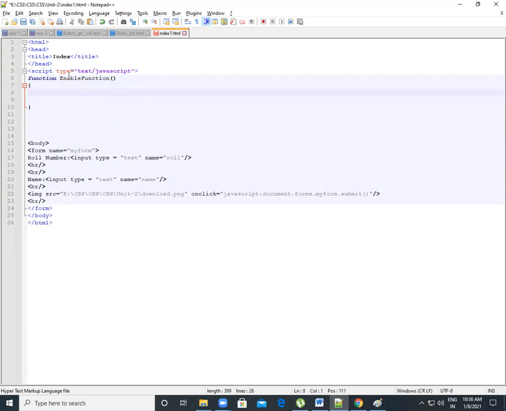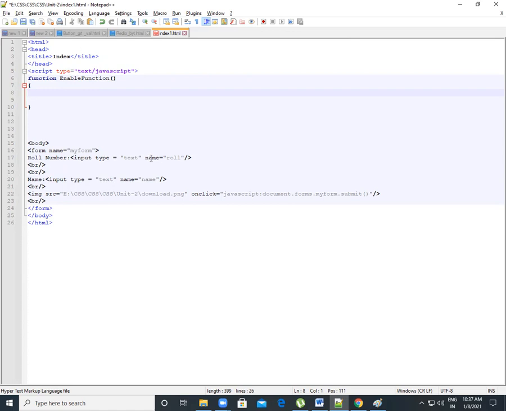Now here document.forms.myform.name.disabled, we access those properties. That's why we included each and every term like document. We normally use document.write or document.getElementById, but here we use some properties of our form. That's why we give forms, then we put our form name, and then we give name, the element where we have to apply this enable function.